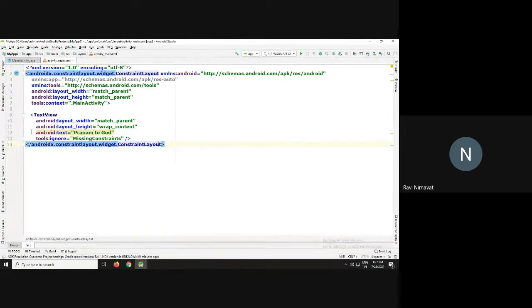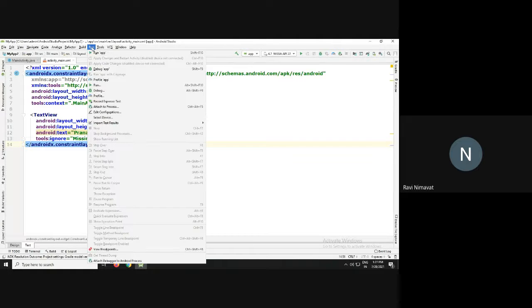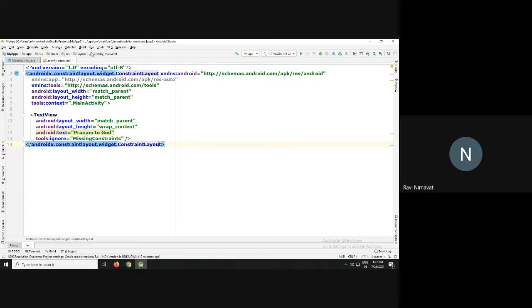Okay. So student, what is text view? Text view is like a label in HTML. So I have created one label in our UI file. Ready? Then run.